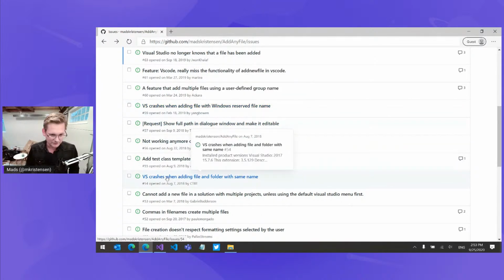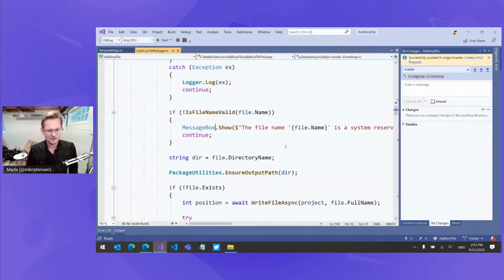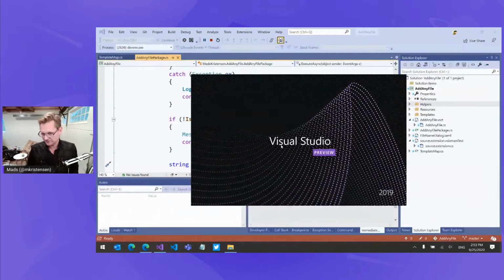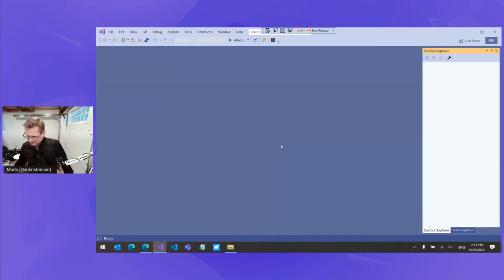Let's see. Here's another. When adding file and folder with same name, I want to get rid of the crashes first because they're just kind of really bad. Type test to create a new file without extension. Open the new file again and then type test. Oh, so if you try to create a folder with the same name as a file, it crashes. Yeah. Okay. I mean, this can't happen that often, right? But